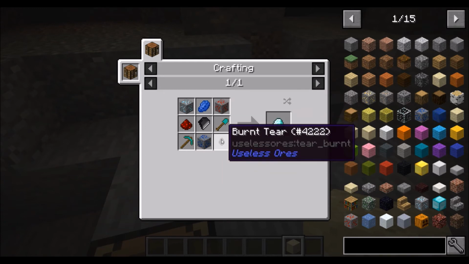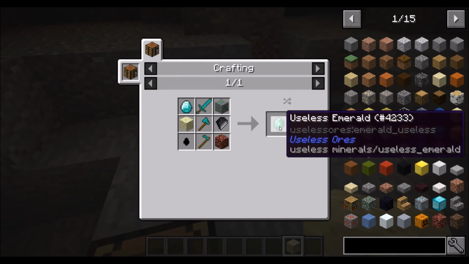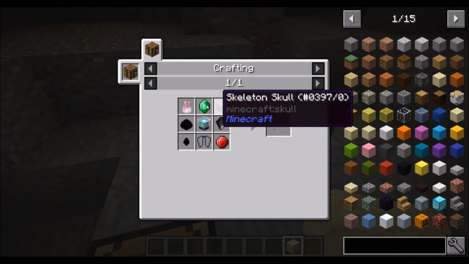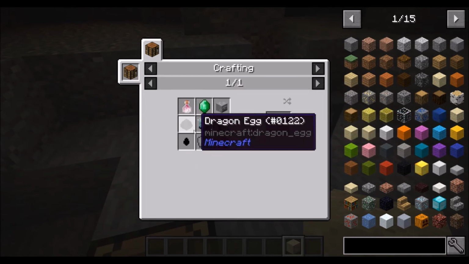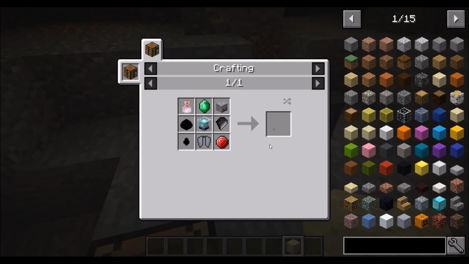None of this stuff is actually vanilla that's in the recipe. And this is used in making the useless emerald, which is used in making the pixel ingot. So you do all that work, you get the useless emerald, you can finally make the pixel ingot, which, I mean, that is so reasonable. There's even a dragon egg involved, so I think this ingot's really balanced,